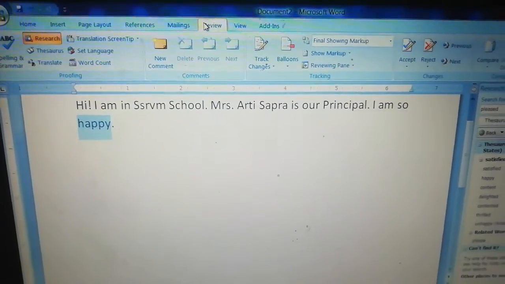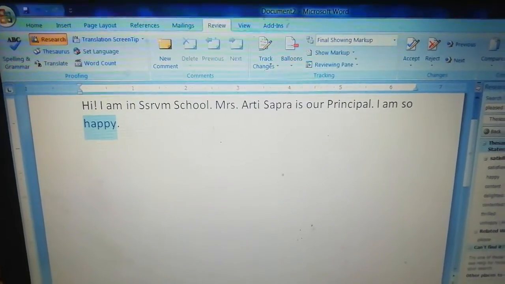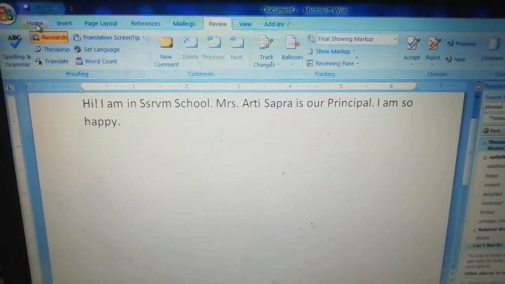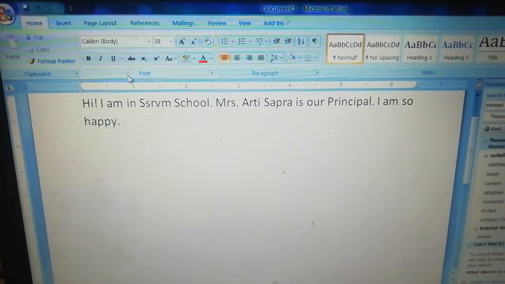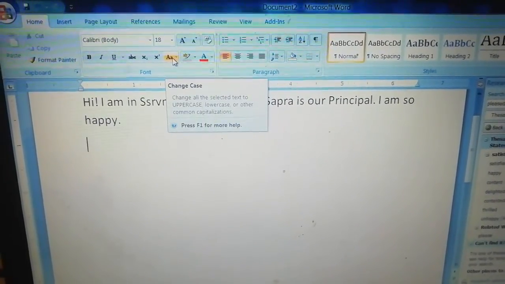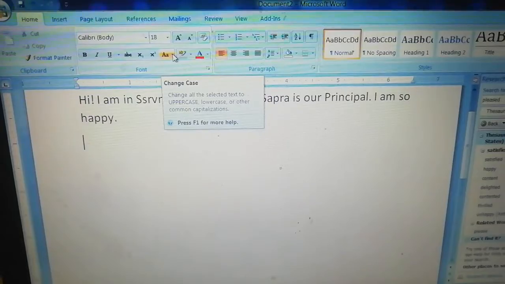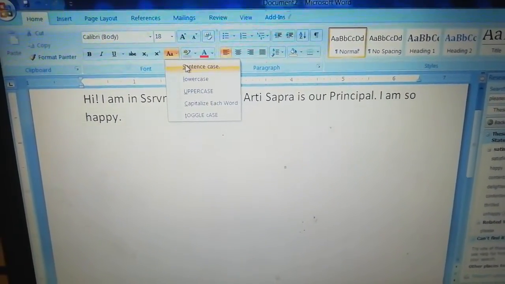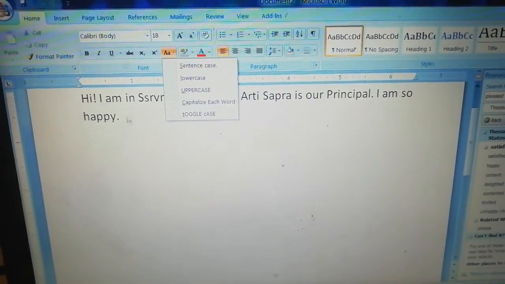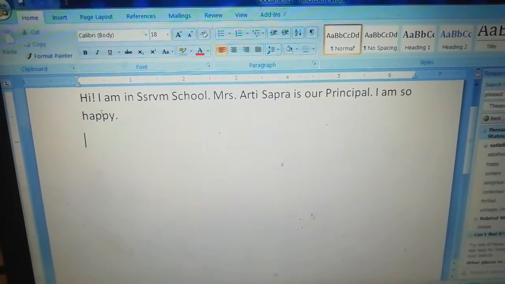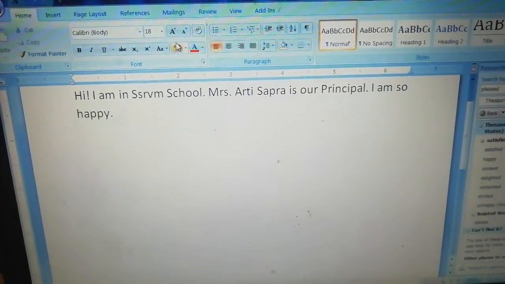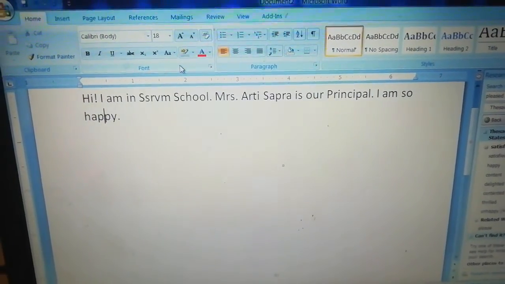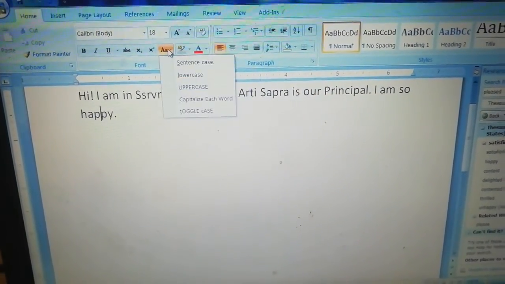Now next is Change Case. Okay, so in the Font group, we have the Change Case option. Change Case contains a few options. The first is Sentence case. Sentence case, it contains, okay, I'm selecting here happy, and again I select Change Case. First is Sentence case. If we click Sentence case, in that case